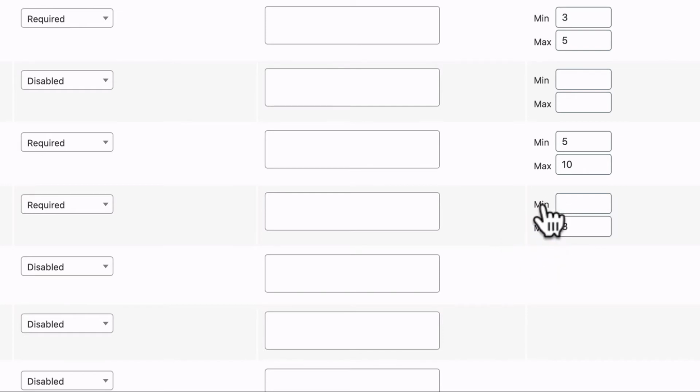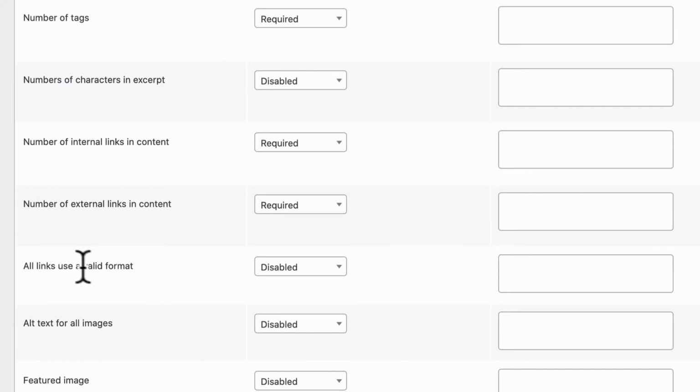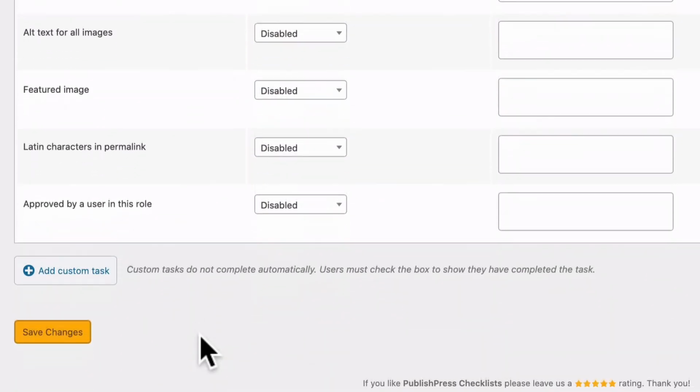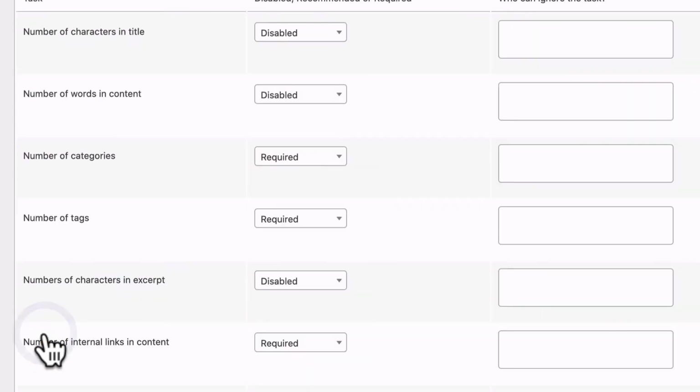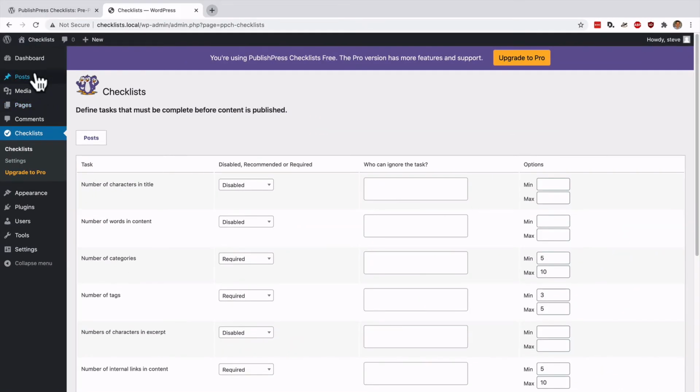The minimum number is going to be left empty, because if we don't have any external links, then that's absolutely fine with me. And also, I'm going to use this link validator. It's going to make sure that all the links that I'm adding are actually valid, and that I'm not sneaking in any broken links by accident. So I'm going to set this to required as well. I will scroll down, click on Save Changes, and now I'll go to Posts, and I will add a new